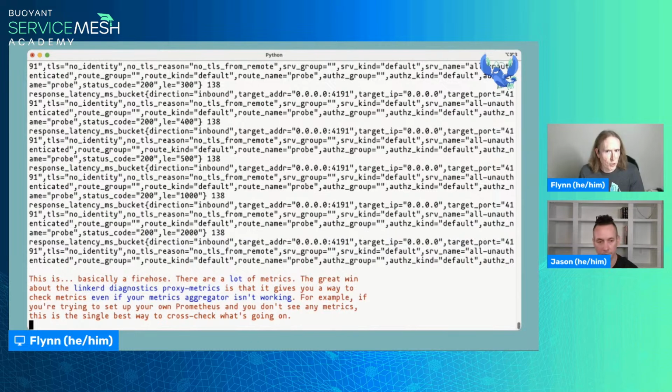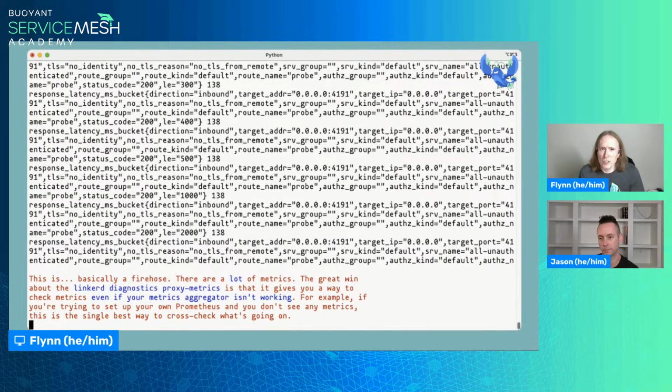The astute observer will realize that we never even installed Linkerd Viz. It's not running in the cluster right now. The metrics are still there. If I want to, I could write something that takes Linkerd diagnostics proxy metrics output and just grabs the specific things that I care about and shows me a success rate or whatever.